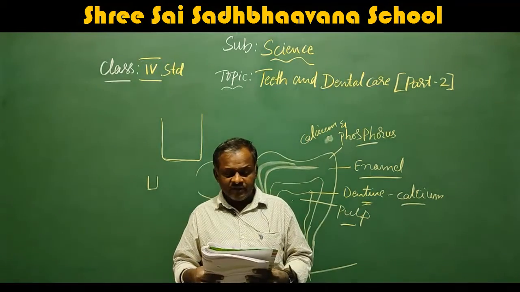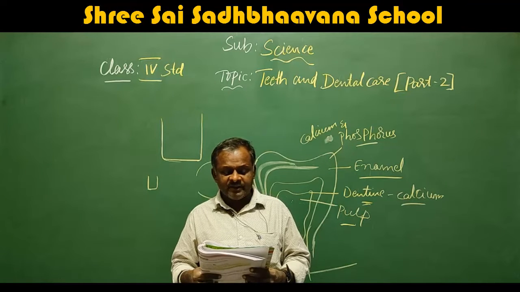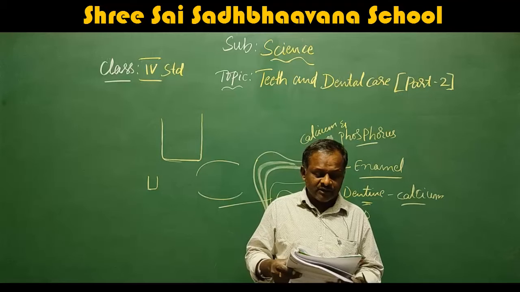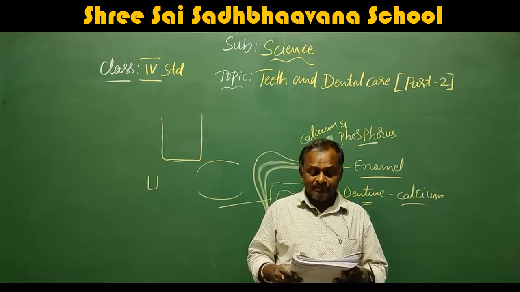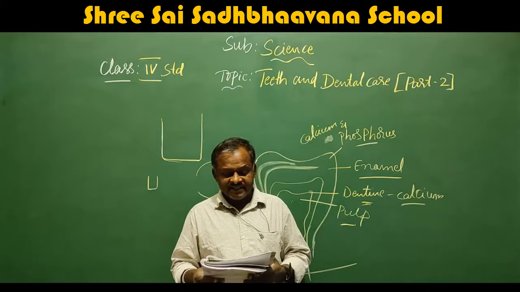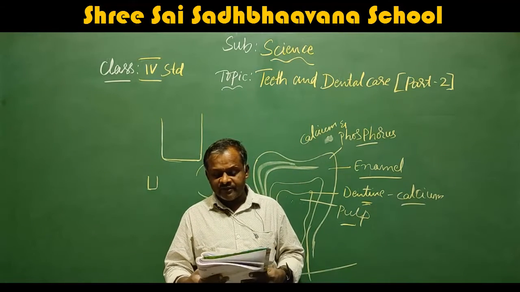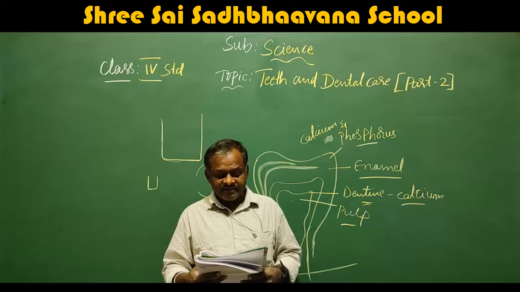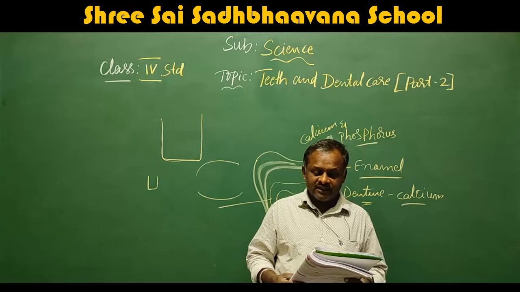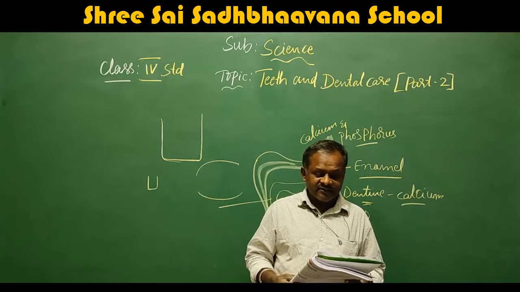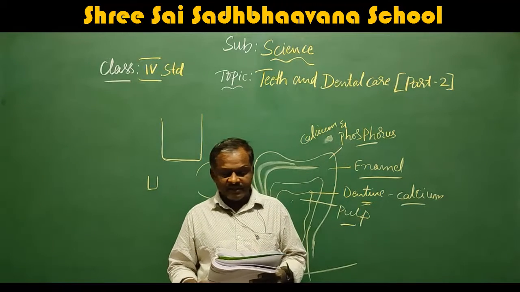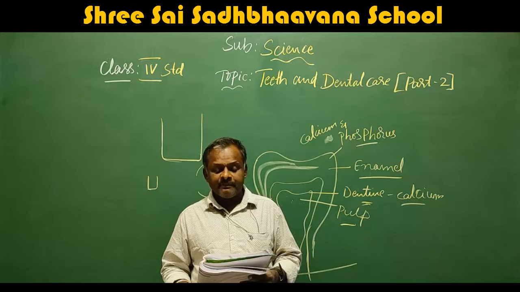When we eat food, teeny bits of food get stuck in the spaces between our teeth. If we do not remove the remaining food particles from teeth, germs start acting on them. These germs secrete acid juices in order to help themselves digest the food particles which are stuck between the teeth. These juices corrode the enamel of the teeth. Consequently, cavities are formed. These cavities grow bigger and deeper, and finally they reach the pulp.